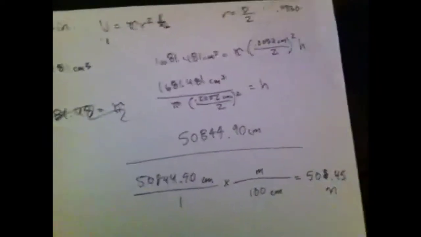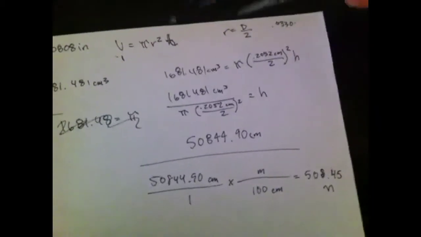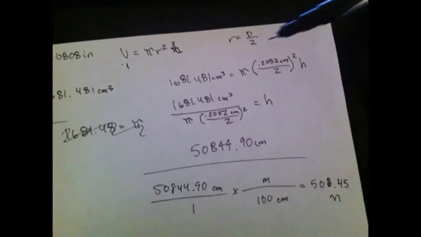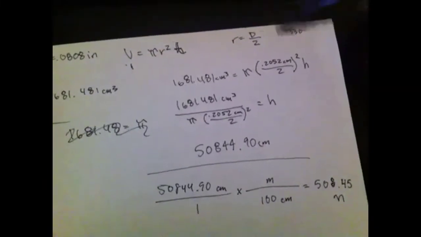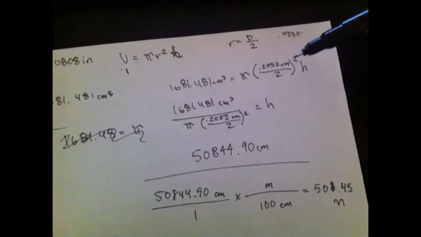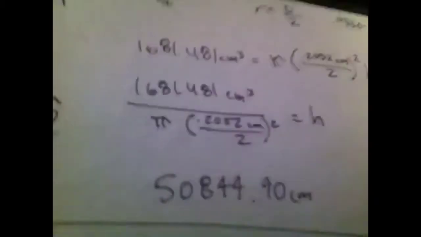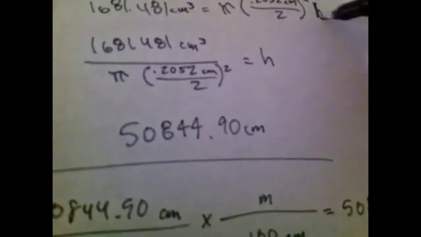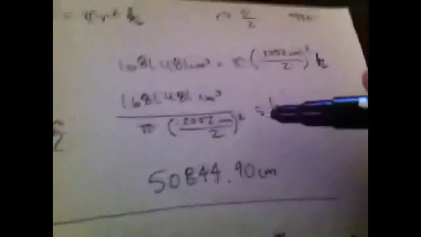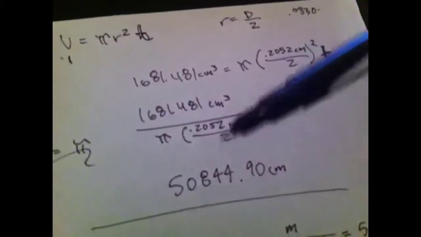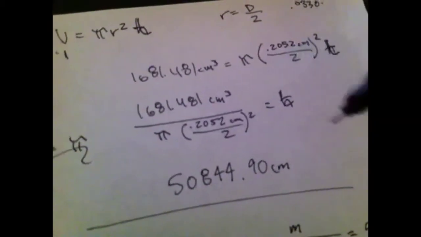So I use this equation. I plug in the number we got for volume. There's our volume. Pi is pi. Radius is just diameter divided by 2, or diameter is 2 times the radius. So I plug that in for r, and then squared, because we have squared, and then height, or you put t, so I guess I'll write t, whatever. Anyway, so I rearrange to solve for t. So divide by this, and so I crunch out all the numbers, and this comes out to